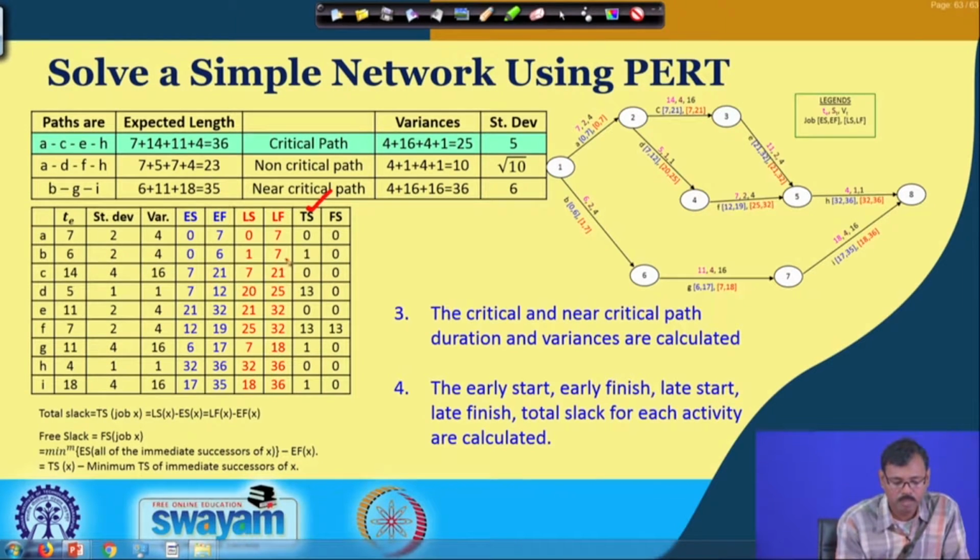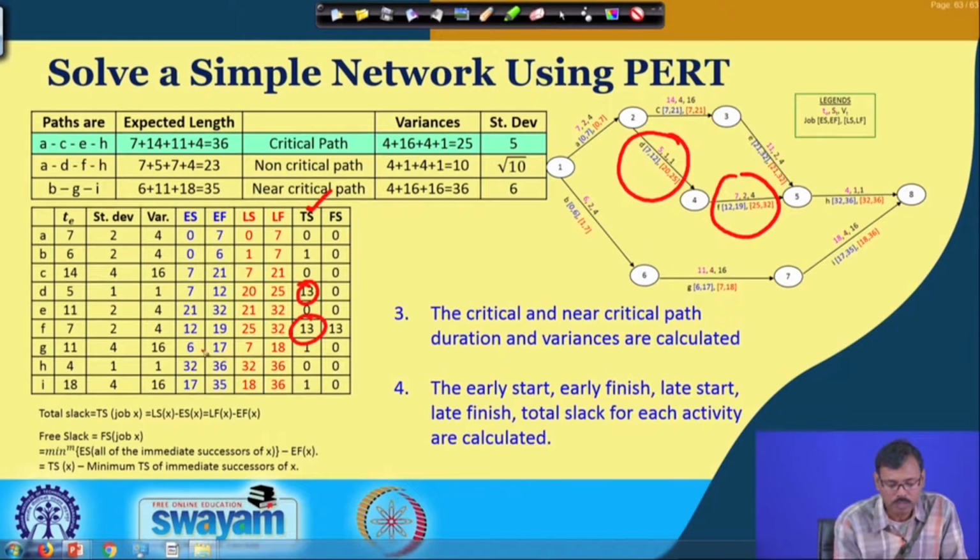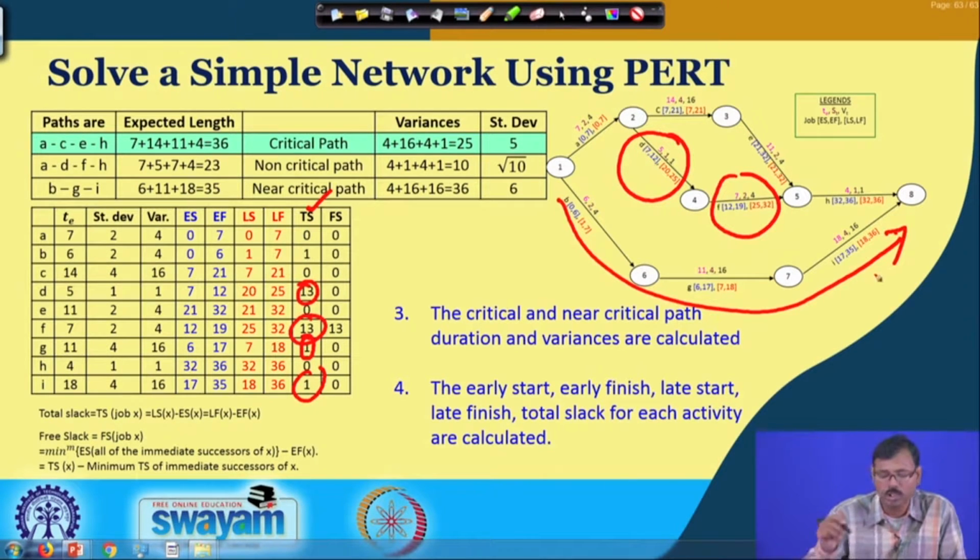Here it is 0, here it is 1, that is 7 minus 6 equal to 1, here again it is 0, here 20 minus 7 or 25 minus 12, both are equal to 13. So in that case also it is 0, in that case it is again 13. So these two jobs have slacks of 13, and all these other jobs are associated with 1 unit of slack. These two have slack of 13, the others have 1. So, this is the